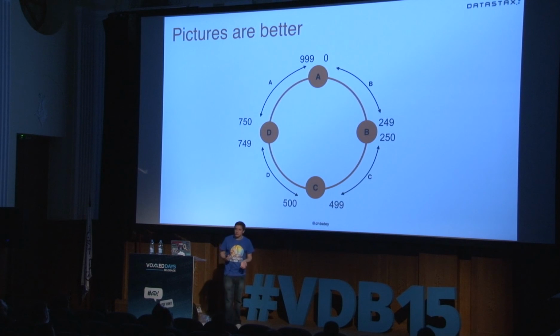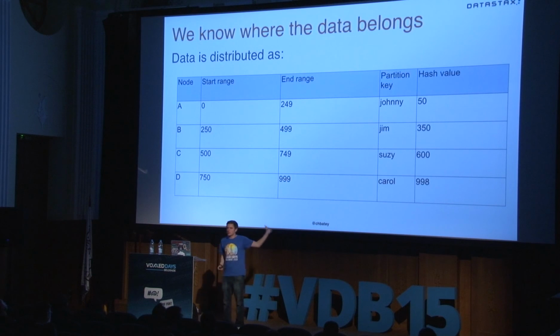And you can work this out deterministically. You can go to any single Cassandra node and it knows where to route your request. But it doesn't often have to do that because the drivers do it. The driver gets information from the Cassandra cluster about all of the nodes and where they live in the ring, and then it directs the request directly to the node which owns your data, both on reads and writes. Because we can work this out. It can basically work this out in its head, or in memory, because it's a computer, it's not a person. And you can see because Johnny hashes to 50, it's going to be on node A.